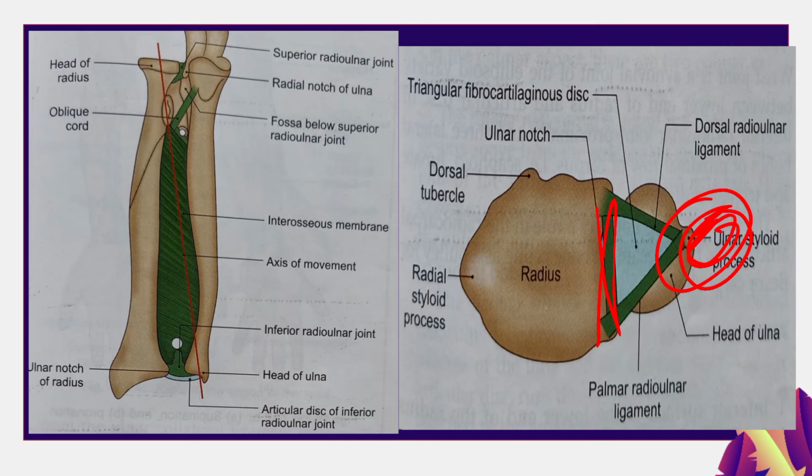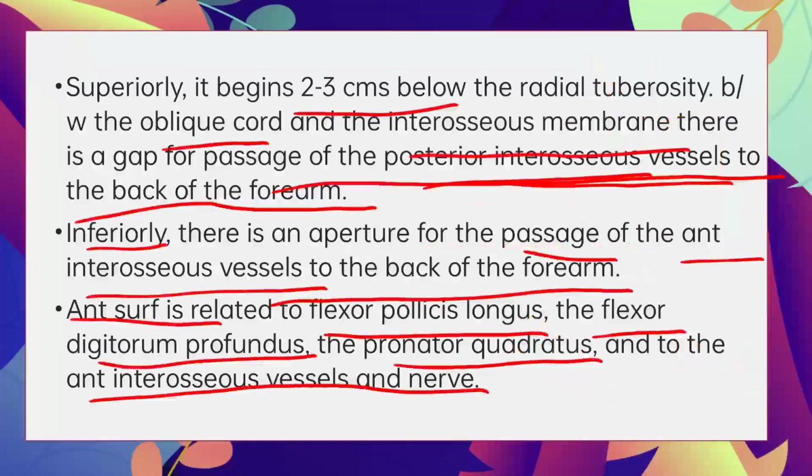Alright, vertical axis. Now, however, this axis is not stationary because the lower end of the ulna is not fixed. It moves backwards and laterally during pronation. Now, if you pronate your hand, this moves backwards and laterally, and forwards and medially during supination. As a result of this movement, the axis is displaced laterally in pronation and medially in supination.